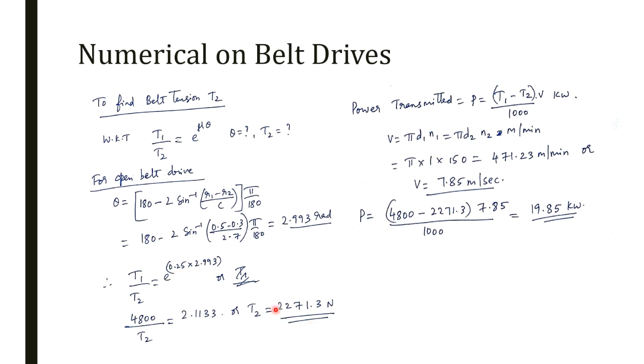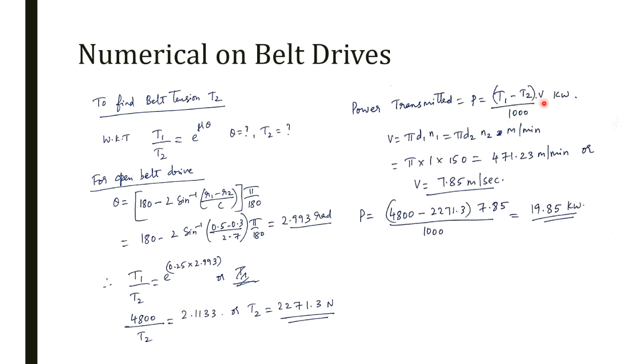So you have found out the tension in the slack side. Tension in the tight side is given. Tension in the slack side you have found out. You can take the ratio and find out the belt tension T1 by T2. Next, you have to find out the power transmitted. Power transmitted is given by the formula P is equal to (T1 minus T2) into V by 1000, where V